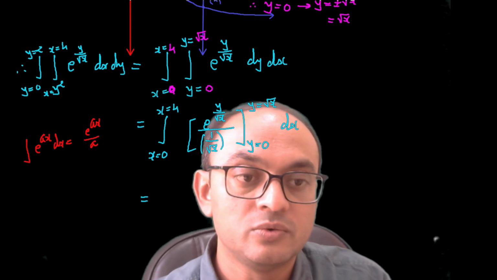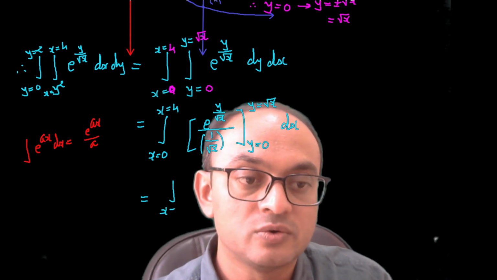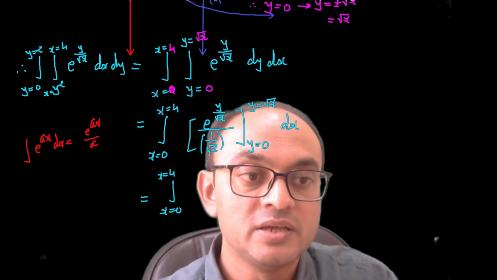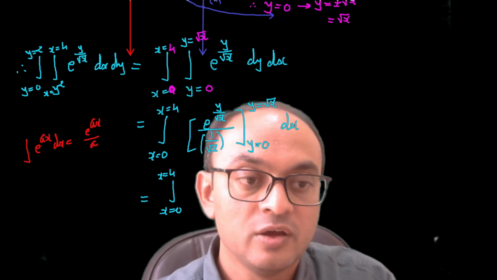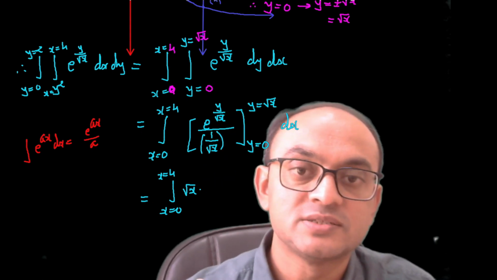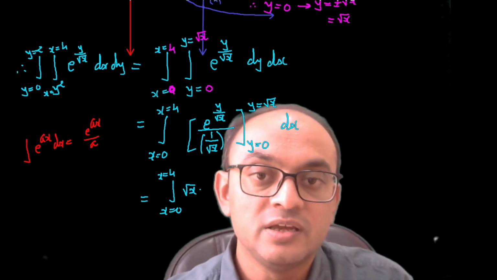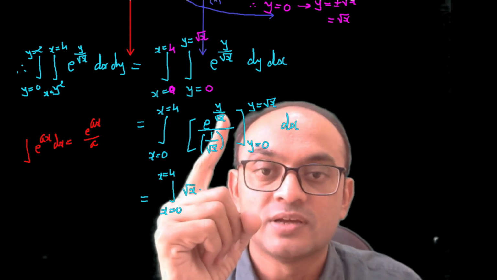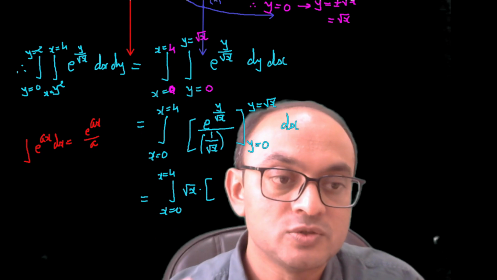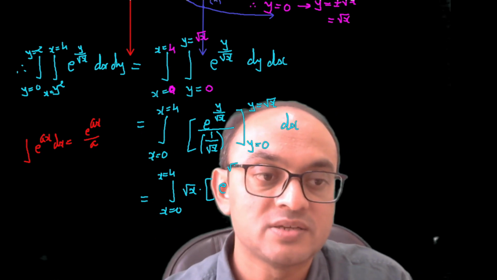And this is equal to integration x is equal to 0 to x is equal to 4, this 1 upon root x becomes the numerator root x, and this is e raised to y upon root x. I substitute the upper limit y equal to root x. So what happened? This is e raised to root x upon root x